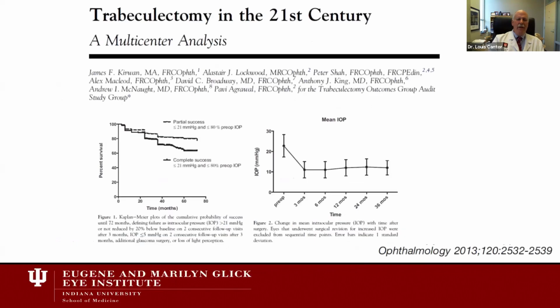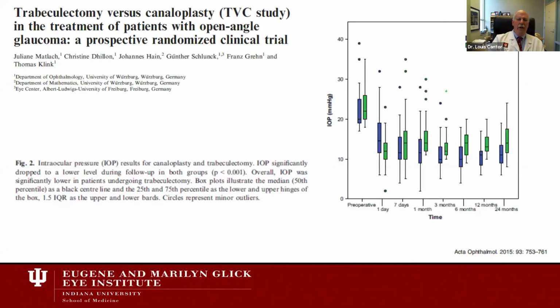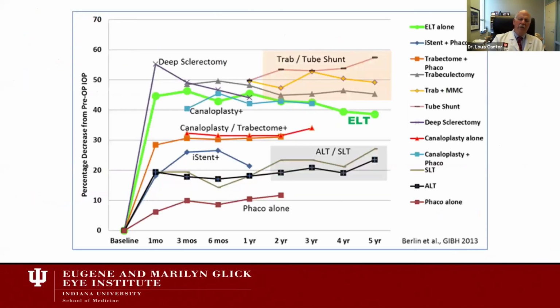And I want to get to the end so we can take your questions. But if you look at trabeculectomy in the 21st century, it's really quite an effective procedure. Again, compared to Express, we get in many of our patients good sustained long-term control, low teens to even single digits in multiple studies. And as things start to filter out over time, I think we're getting a dose response curve on our various